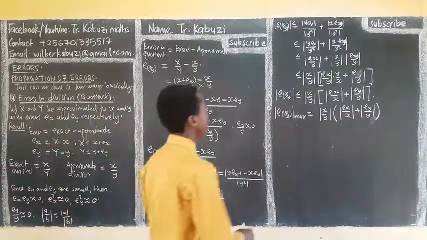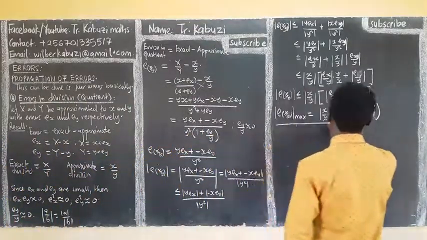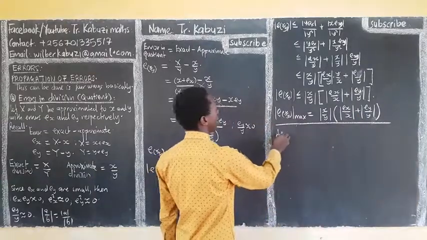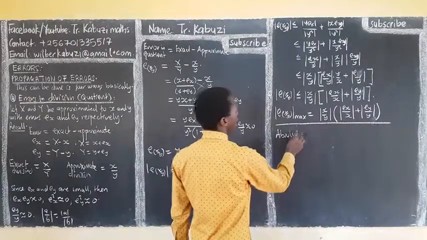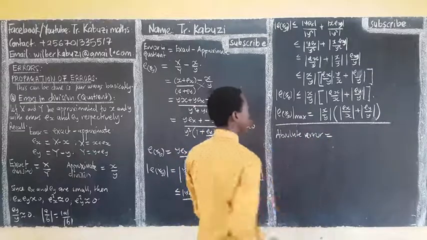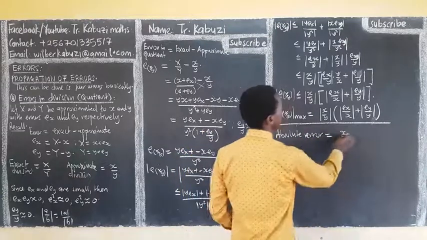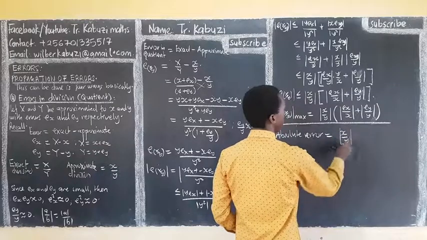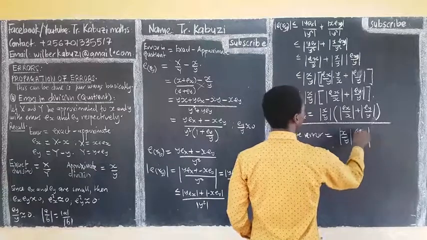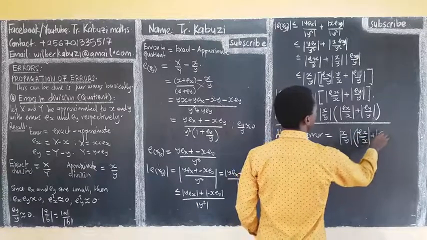So this is going to be our formula whenever you have a quotient. So from there, absolute error will be equal to the same thing, X over Y then plus Ey